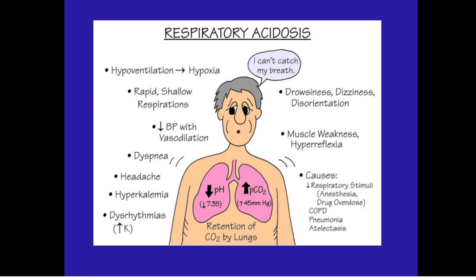Respiratory acidosis is usually caused by rapid shallow respiration, hypoventilation of the lungs, which will cause hypoxia, decreased level of oxygen, and rapid increase of acidic equivalents due to the increase of partial pressure of carbon dioxide. Carbon dioxide is removed by the lungs in case of hyperventilation, and this will lead to